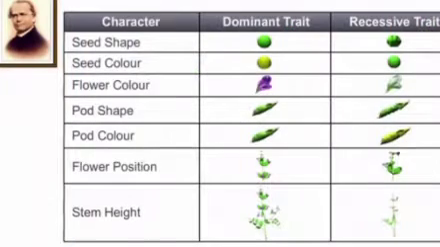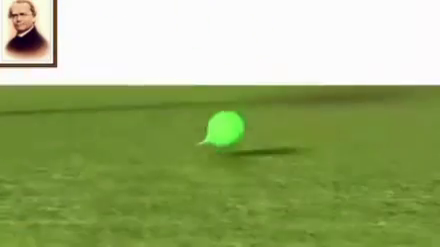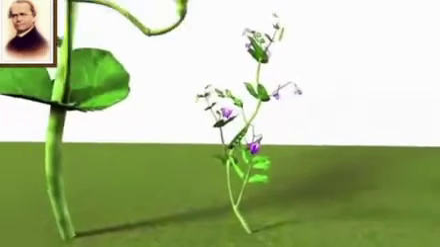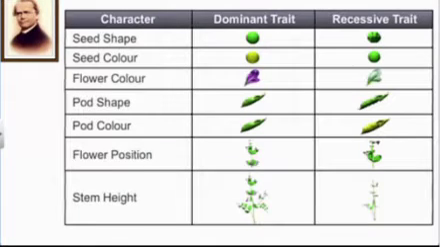He selected 14 pairs of true breeding lines, similar in all aspects except for one character, to conduct cross-pollination or artificial pollination experiments. A true breeding line exhibits stable trait inheritance and expression for many generations due to continuous self-pollination. The seven contrasting traits Mendel selected were the seed shape, where round and wrinkled were the contrasting traits of seed shape,